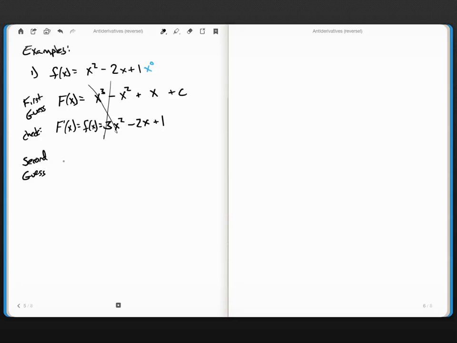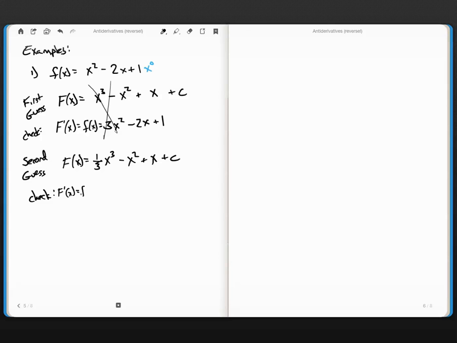Big F of x equals, I got to raise the power, but then divide by the new power. So I'm going to put a 1/3 out here of x cubed. And then the rest of this stuff worked out okay. Minus x squared plus x plus c. And then when I check that one, that gives me f prime of x,